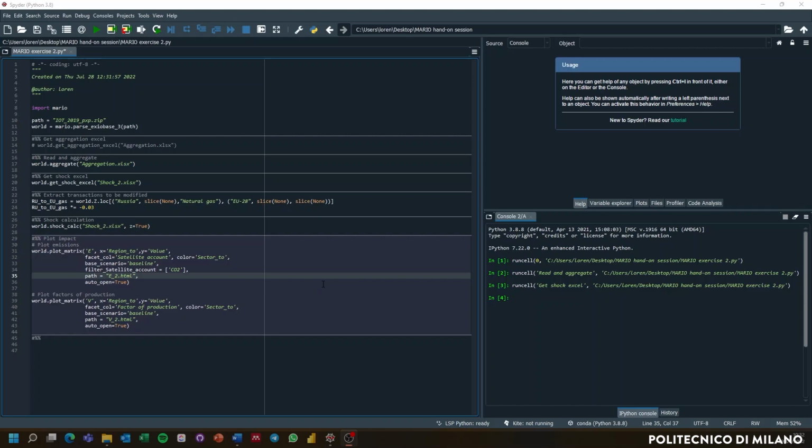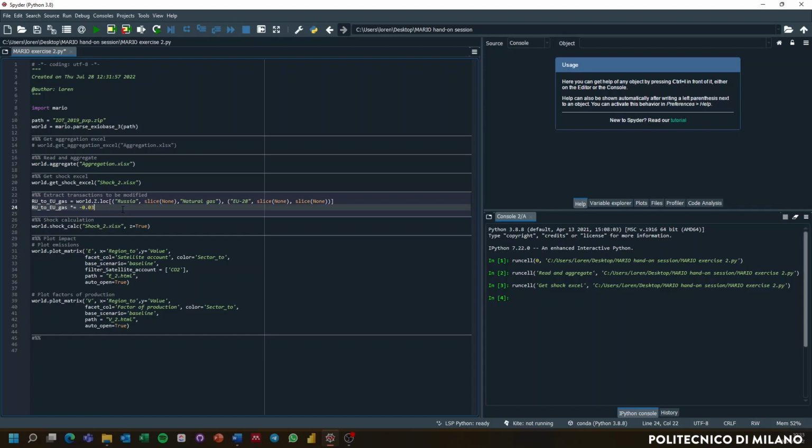To do so, we need to extract the transactions of natural gas coming from Russia towards Europe from the intersectoral transaction matrix Z. To do so, it is necessary to be a little bit acquainted with the loc function of the well-known Pandas Python library. Let's save this information into a new variable called ru2ugas by using this command.